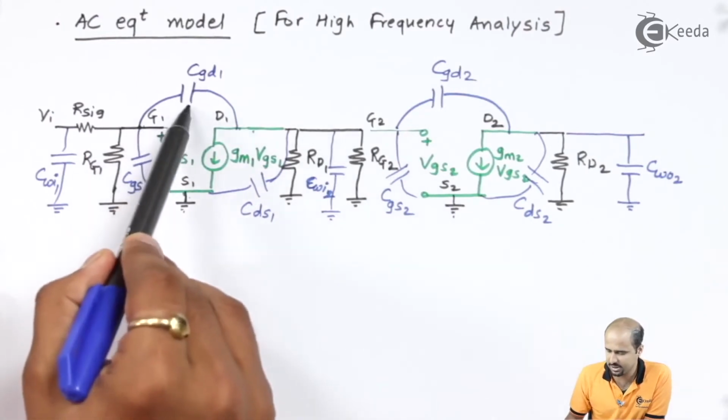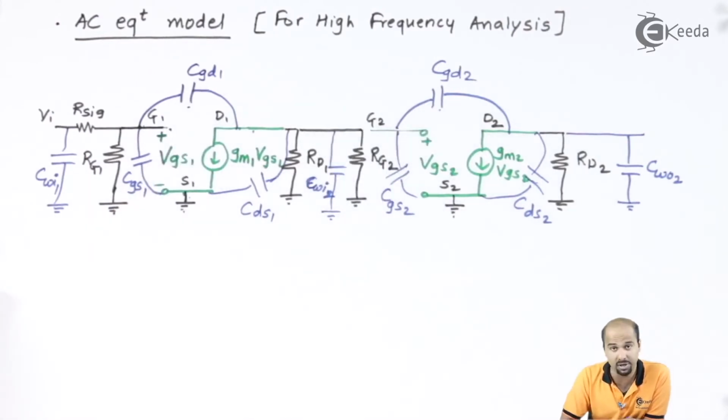Two capacitances, CGD1 and CGD2, are in between the gate and drain. So whenever we get a component in between gate and drain, or base and collector in BJT, we try to convert that component at the input as well as output side using one theorem that is called Miller's theorem. We have studied Miller's theorem. Just pause the screen, learn Miller's theorem, and then come to me. Okay. Now we have the knowledge about Miller's theorem.